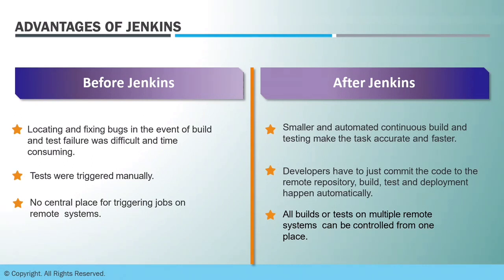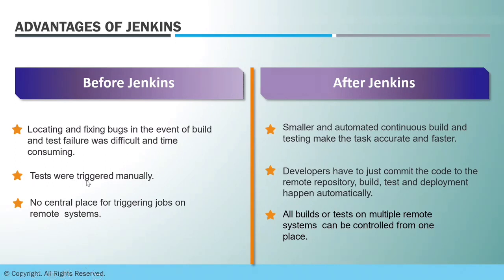While using Jenkins, we have achieved smaller, automated continuous build and testing that makes the task accurate and faster, because we are running proven steps and proven commands automatically against the required tasks or stages in the Jenkins pipeline. So we are sure that whatever we are running is foolproof. Once a test case has run successfully and been tested well, we know it is written correctly and is actually testing the feature without any bugs. That's where we get accurate and faster test results using Jenkins.